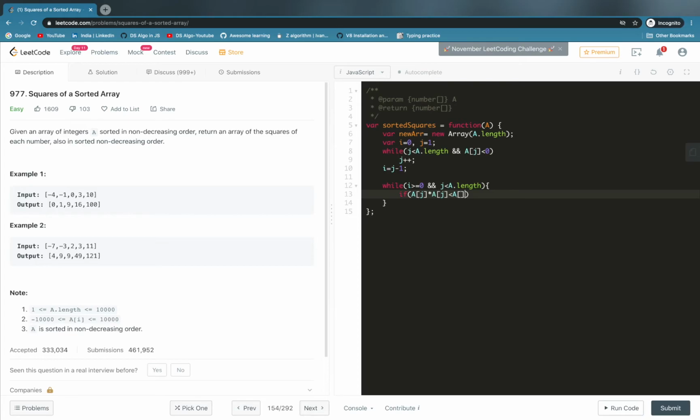Just to correct the statement, if this is the case, then